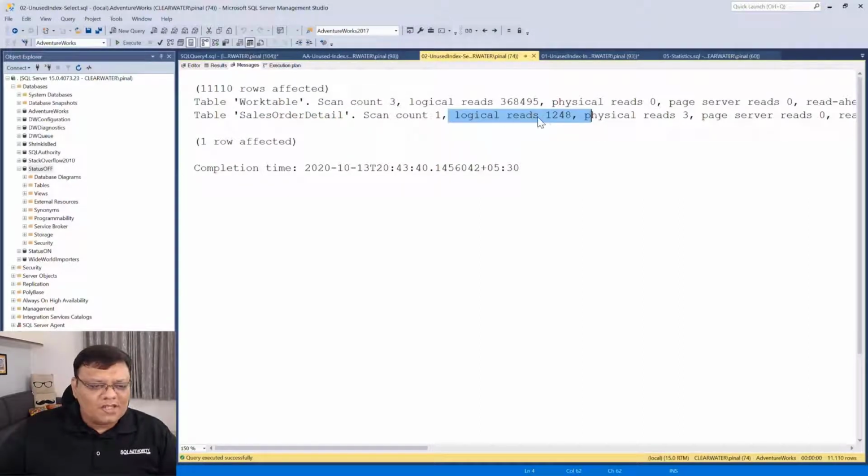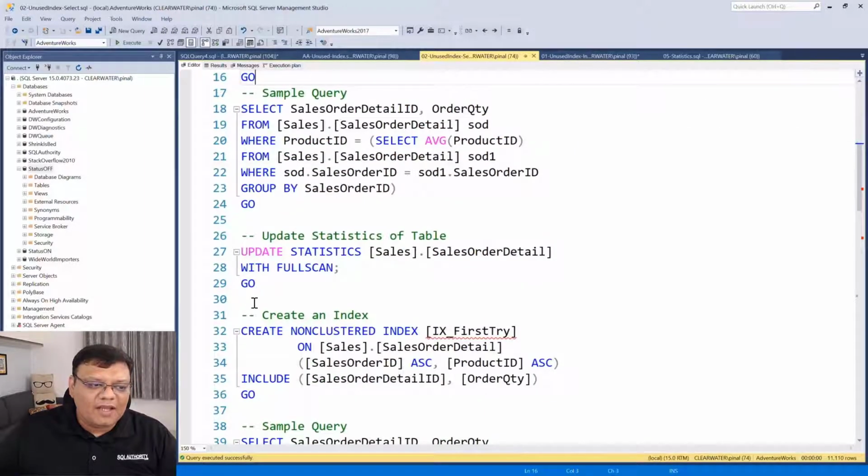All right. We can spend more time on all this, but I think we are running short on time, isn't it? We are going to do a quick fix, and then we'll come back to this. Actually, I know if I explain more, you will get the answer to the problem. That's why I'm not trying to explain it. So look at this work table, very huge reads, SalesOrderDetail, very few reads. Now the work table is actually a temp table, so that's tempdb usage. Now I can update the statistics. A couple of people are asking, why do you not update the statistics?